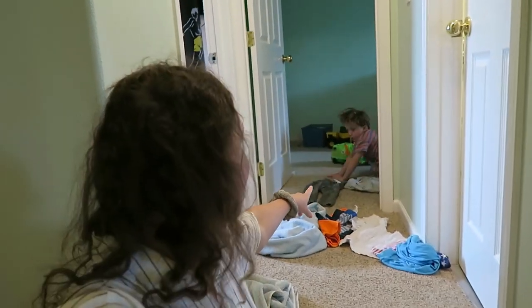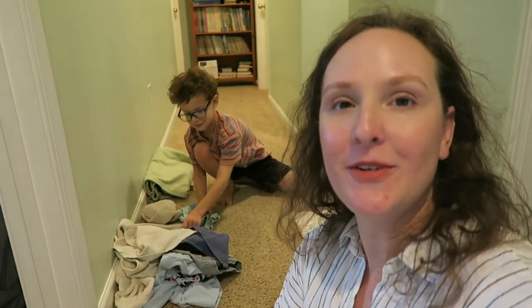So we are done with our room time. Now we're doing our blessing. Our blessing today is doing 2 loads of folding laundry. I sort, and then the boys, there's my kindergartner, he's folding his pile, and then I've got my 2nd grader folding his pile. So that is what we are doing right now, and then we're gonna have snack